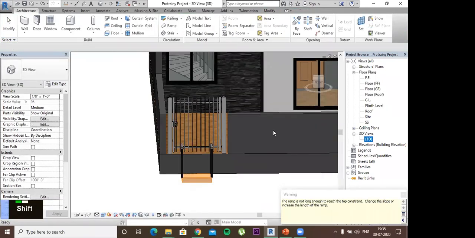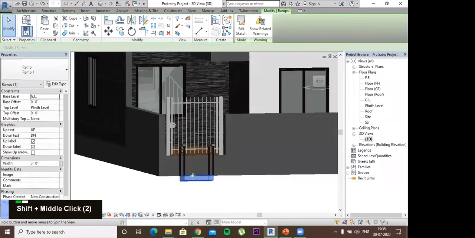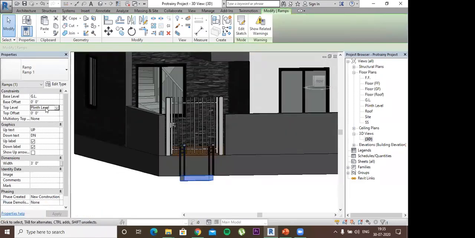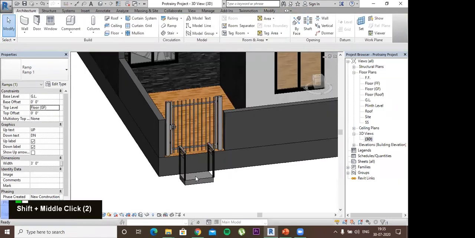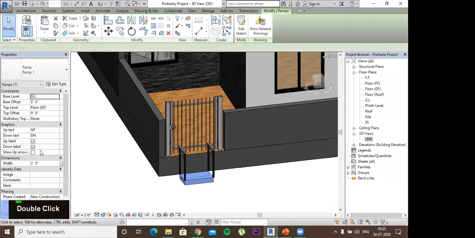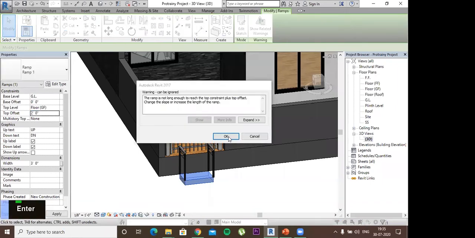We can see that a ramp is there, but I haven't selected the level. I'll select the top level as plinth level or ground floor level, and the bottom level is the offset. I'll select some offset, for example 2 feet, which we gave to the plinth level.